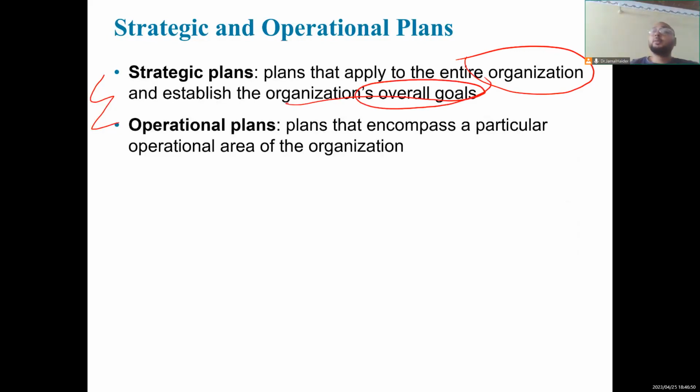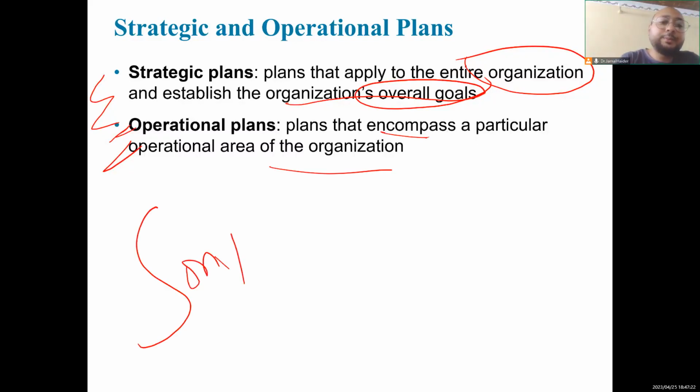Strategic plans apply to the entire organization and establish the organization's overall goal. Like I told you, if Sony wants to be the best quality movie production house, the top class movie production house, then that is the strategic plan. What about the operational plan? It has to be best in production, in choosing the good story, in direction, in choosing the actors. So these are operational plans. Plans that encompass a particular operational area of the organization. Like I told you, if Sony movies want to be the best,